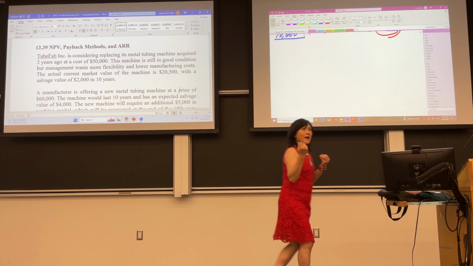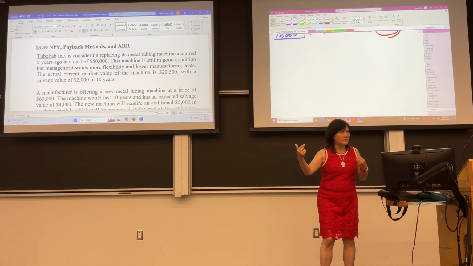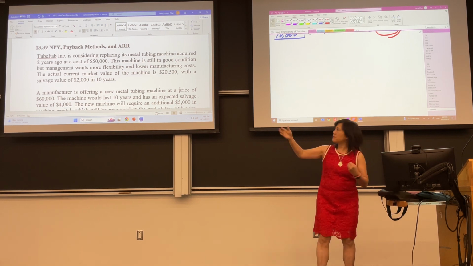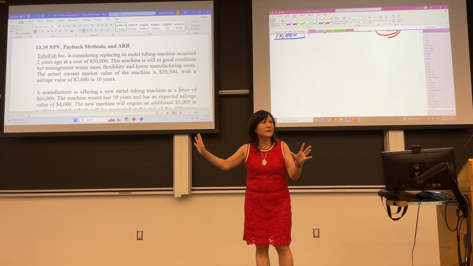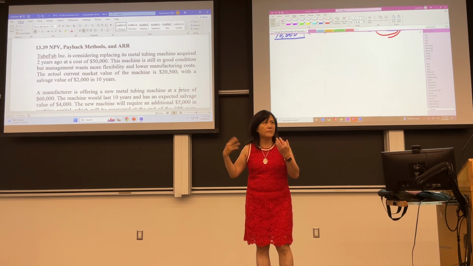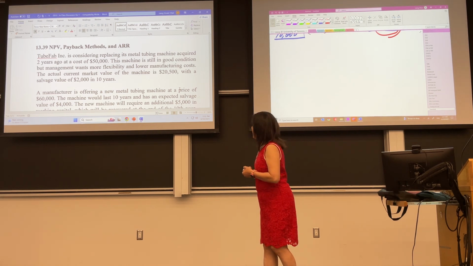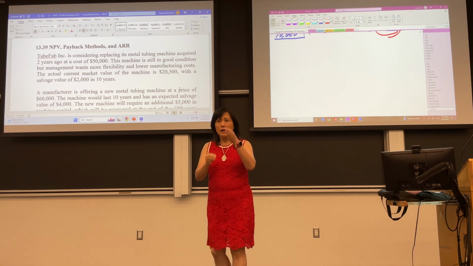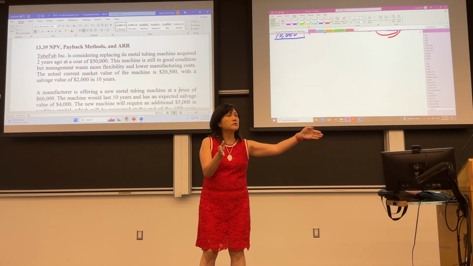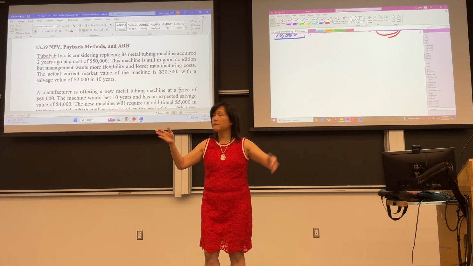So what happened with chapter 18 is performance evaluation. When we evaluate a manager's performance using accounting income, in the first year you're going to lose money. You don't want that. You won't want to invest. If you're going to be evaluated on the company's net income, you won't do it because right there is a loss. Okay? Now the salvage value is $2,000 in 10 years. From now on, there's another 10 years, so the whole machine should be usable for 12 years.